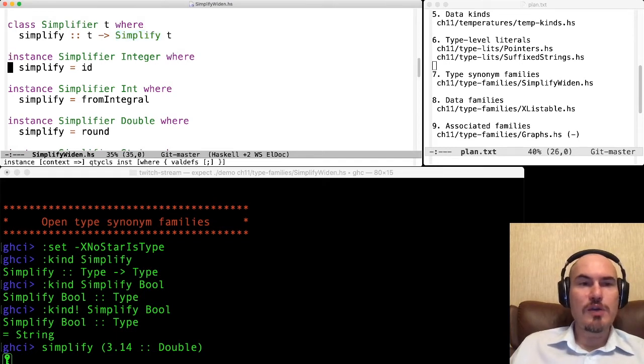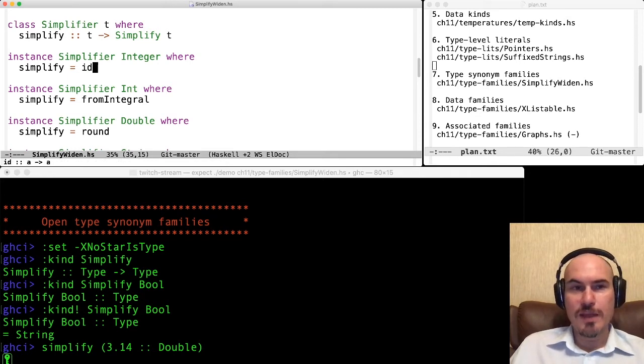In order to define this function, we have to implement several instances. For example, we say how to translate integers. Well, it's just id. And here we know that t is an integer and simplify integer is an integer. That's why this id function type checks. In other integral types, we can use fromIntegral. It's a function for converting from one to another, as you can see here.